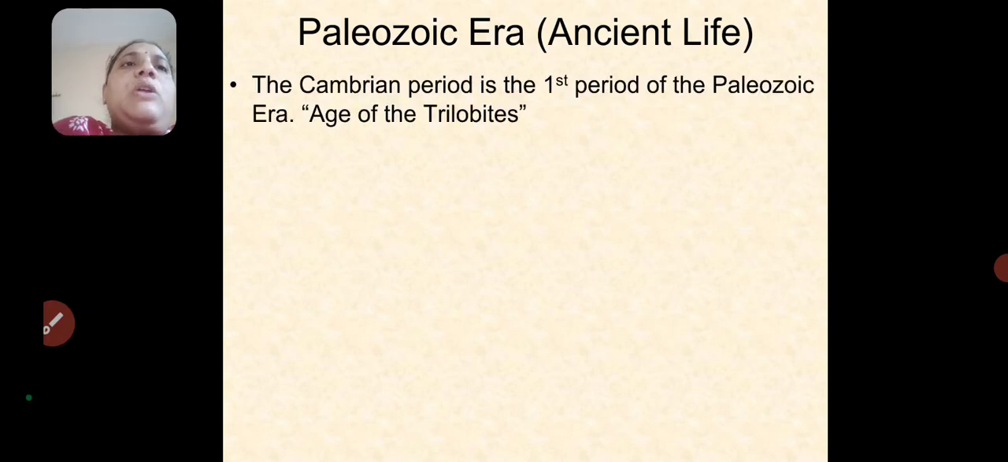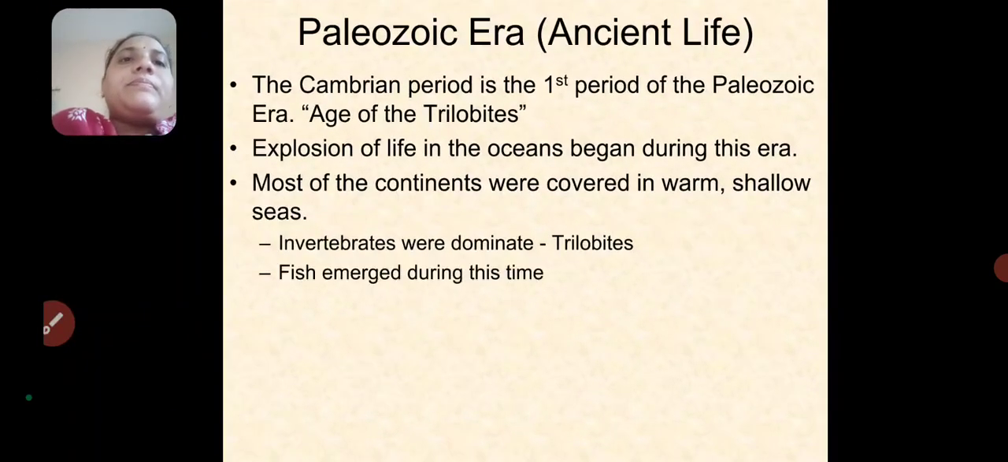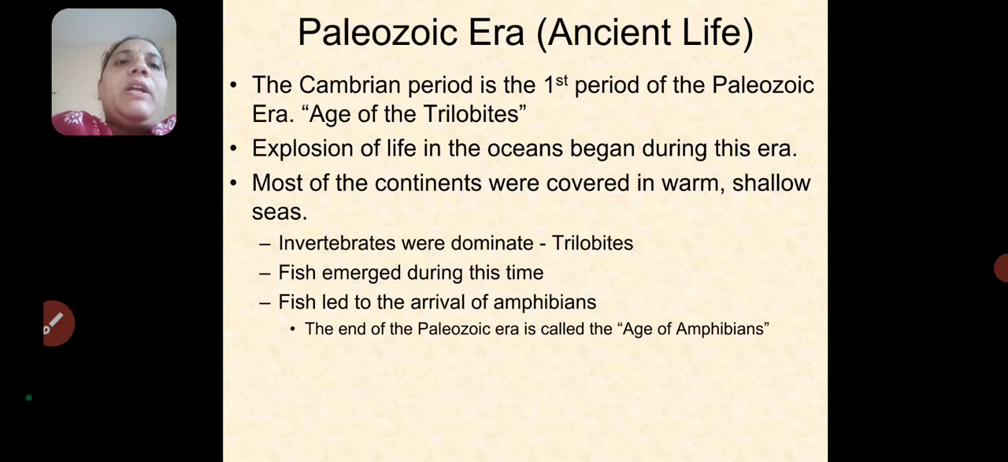So in the Paleozoic era, that is called ancient life. The Cambrian period is the first period of the Paleozoic era, the age of the trilobites. Okay? Some of the invertebrates were dominant and fishes emerged during this period, and fish led to the arrival of